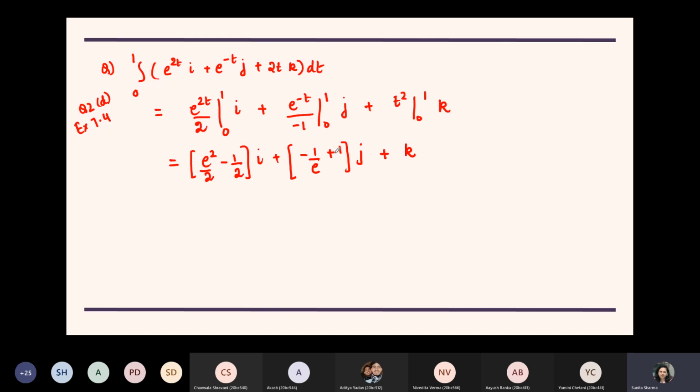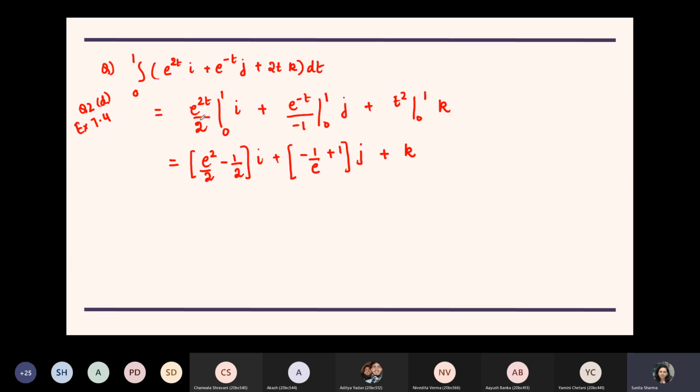So there is nothing much in this integration part. You just have to integrate, and you would usually find some simple questions, as the integration part will not be difficult. All you should know is how to take it component wise. Just split it component wise, take it component wise, and then integrate. So the integral part will not be difficult.